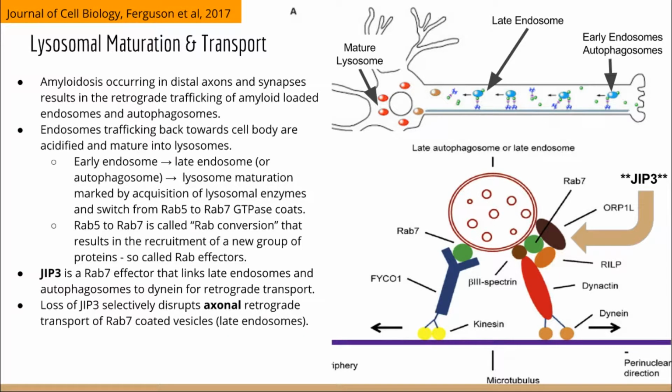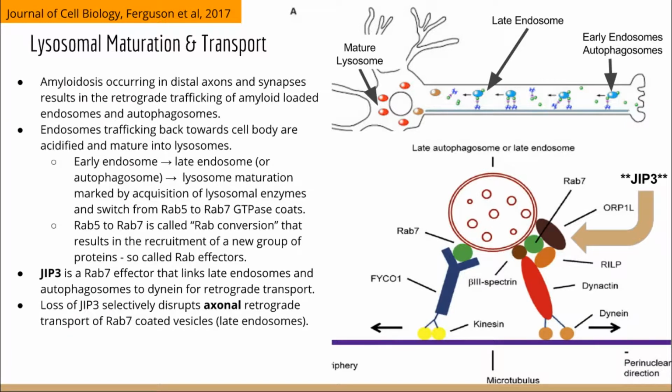And Rab7 is a marker of late endosomes and is actually required for lysosomal maturation or fusion. Notably, a Rab7 effector, so a protein that binds to Rab7 GTP, is JIP3. JIP3 is a Rab7 effector that bridges late endosomes and autophagosomes with dynein in axons for retrograde trafficking. So think of JIP3 as a scaffolding protein that allows Rab7-coated vesicles to link up with dynein so they can